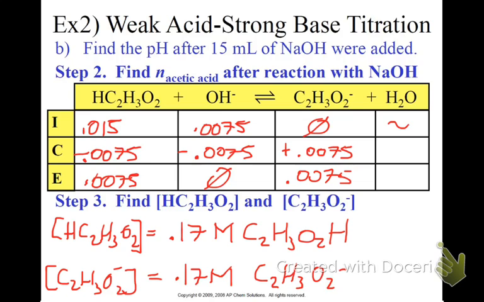Alright, so what we have here is acetic acid and its conjugate base. Wait a minute. We have a weak acid and its conjugate base. Hold the phone here. Weak acid, conjugate base. That makes a buffer. We have a buffer at this point. That means to find the pH, we can't just do the old negative log calculation. We have a buffer on our hands. And how do we find the pH of a buffer? That's right,